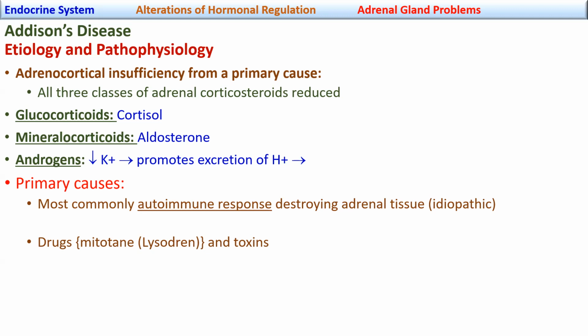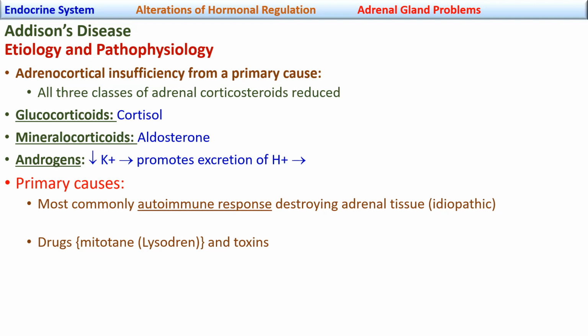Hypoaldosteronism and hypocortisolism. There is a low cortisol level, a low aldosterone level, and decreased androgens. That's why the patient will have manifestations, and we'll talk later on about the effects that would result from each and every one of these hormones. So the causes or etiologies for patients to develop adrenocortical insufficiency or